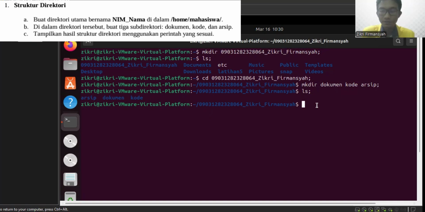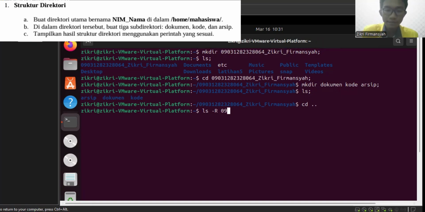To check the structure of the directory, we can use the command ls -R. Oh, sorry, R with uppercase, and then the name of the main directory, underscore Zikri underscore Firmansyah.